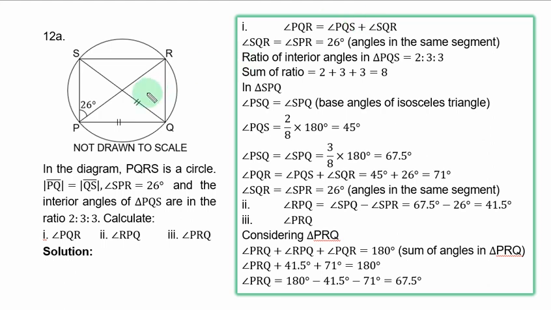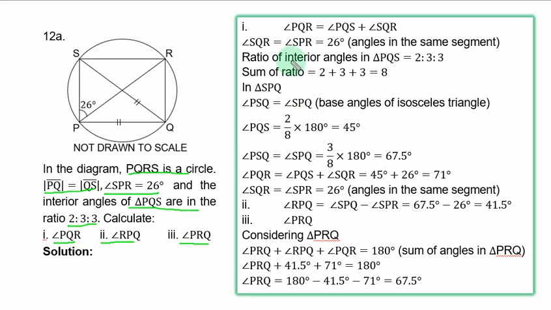Question 12a. In the diagram, PQRS is a circle, PQ is equal to QS, angle SPR is equal to 26 degrees, and the interior angles of triangle PQS are in the ratio 2:3:3. Calculate (i) angle PQR, (ii) angle RPQ, (iii) angle